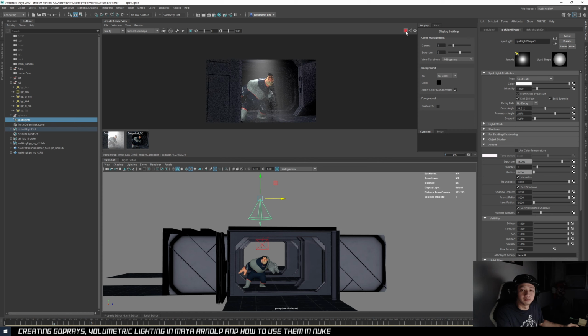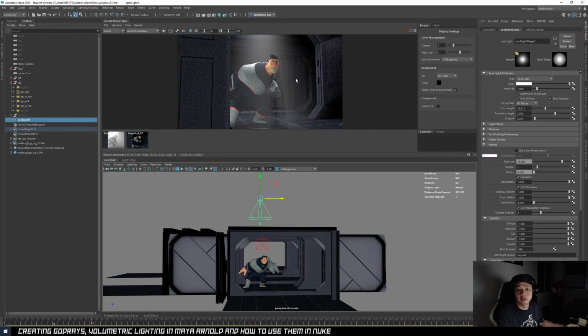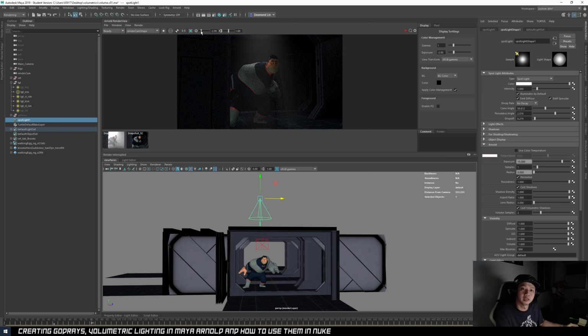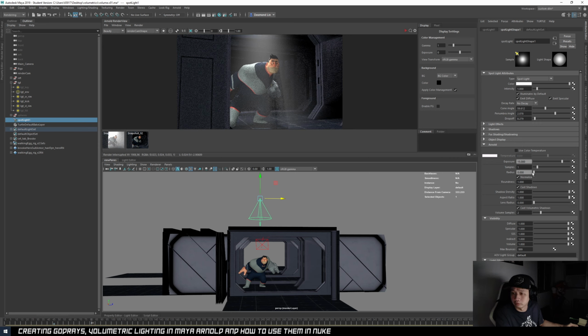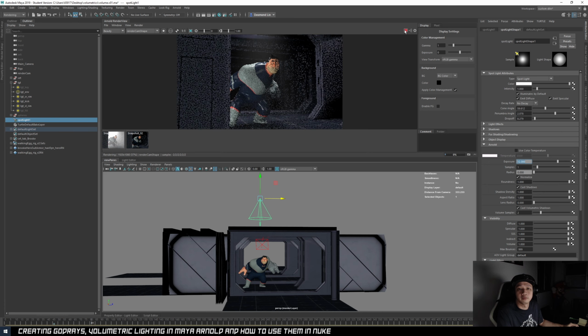So it just makes him look like he walks into this shaft of volume. Cool, I think that's pretty cool. Again, we can then fine tune the exposure, so we go into exposure, change to 12. Now it's too little, maybe 13.